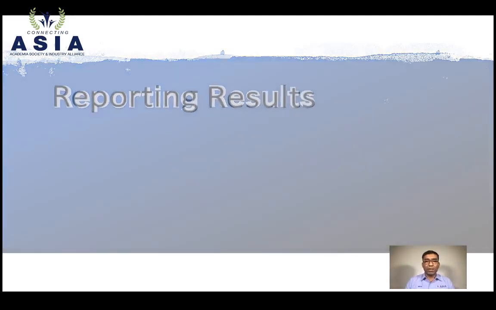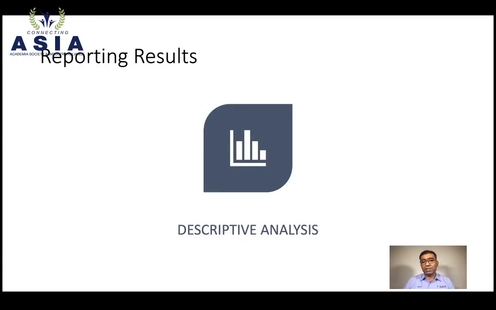Okay, let's move on. Now, results: you can do the results in many different ways, but there are two major classifications or categories of data analysis in a systematic literature review. The first one is the very important one, that is descriptive analysis. Your frequency distribution, the paper distribution over the years, over the topics, over the countries, or many other types are available for this. But descriptive analysis is very important in conducting any form of systematic literature review, and this is common in all systematic literature reviews. So if you learn this part, you can apply it to any systematic literature review paper,